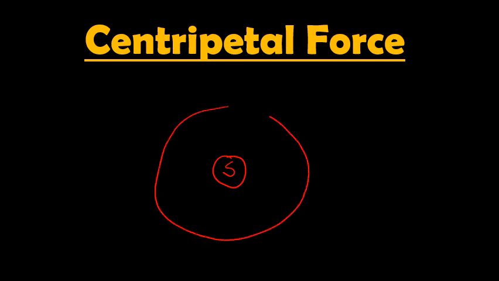So dear student, in case of a sun, suppose this is a schematic representation of a sun. Earth usually revolves around the sun in a circular path. Suppose this is planet Earth. It revolves around the circular path. The force which is basically causing the Earth to revolve in a circular path around the sun is gravitational force.